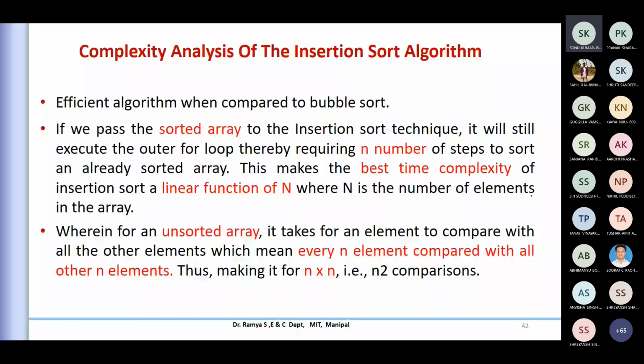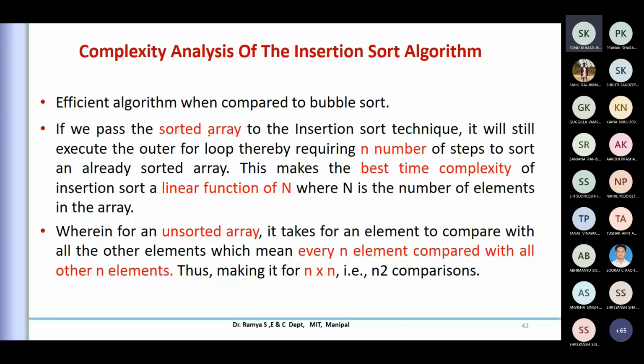So if you come to the complexity analysis, it is better than your bubble sort. Why? Because I'm comparing only the neighbors there, and then in the next iteration again the pair of that. So it takes a lot of time to swap, because the number of swaps happens to be more. But the comparison, if you see, happens to be the same as your insertion sort. So in bubble sort we'll have a larger number of swaps. Say, for example, this is an already sorted array given to you. Now let us see how much time it takes to do that.